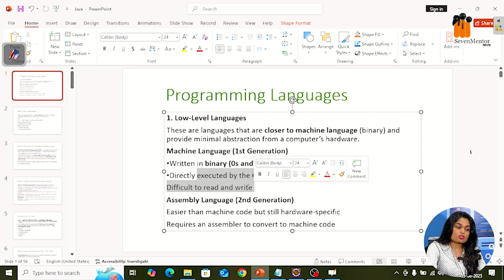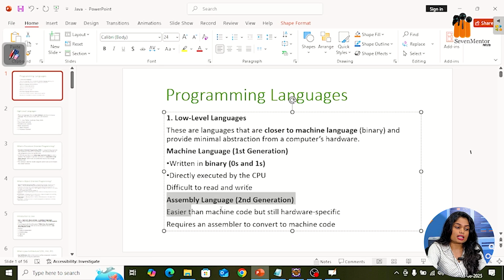On the basis of this machine level language, another language was introduced, which is nothing but your assembly language. What is meant by assembly language? It is known as the second generation. But why is assembly language also not in use? Some developers, and even beginners, don't know about assembly language. In simple terms, assembly language code is done in commands. So a developer can easily write commands, easily build applications and programs.